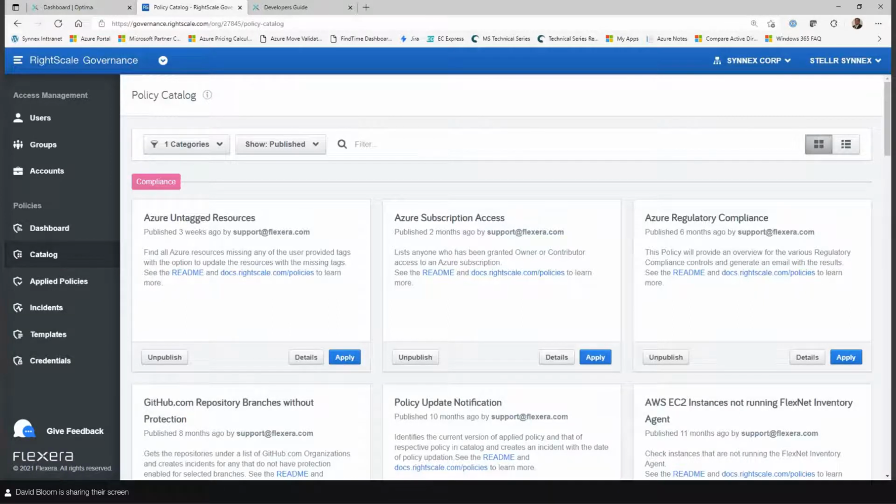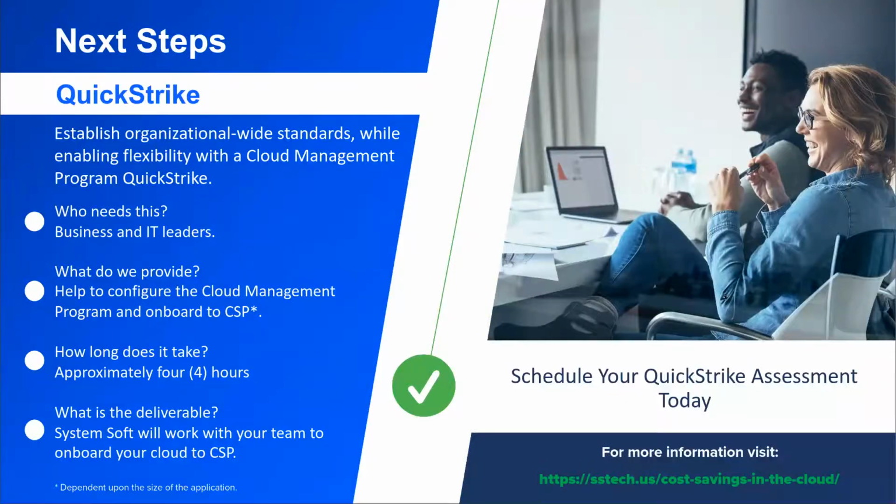So let me hand it back over to Don and let him take it. Yeah, thanks, David. Looking at the poll questions, it looks like the majority of the folks were more concerned about compliance and security, and so it's very fortuitous that you showed them that. You can do a lot of tweaking within all those modules that you see there. Those are the catalogs, as David said. You can go in there and adjust those as needed. So, for instance, if you want to check to make sure only certain ports are open, that's a very powerful tool to do that. And those can run as often as every 15 minutes. That could send out either a ticket through your ticketing system or an email, or however you like to